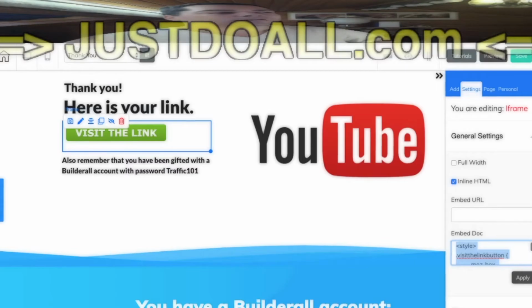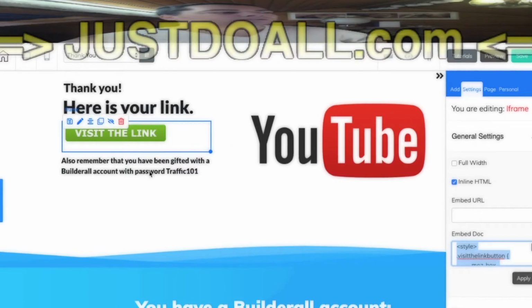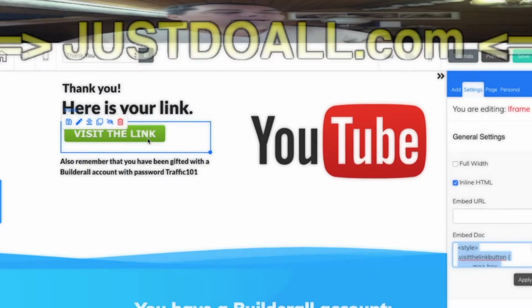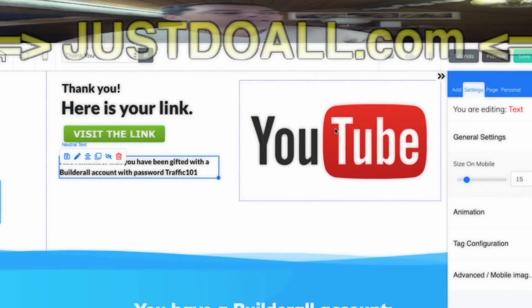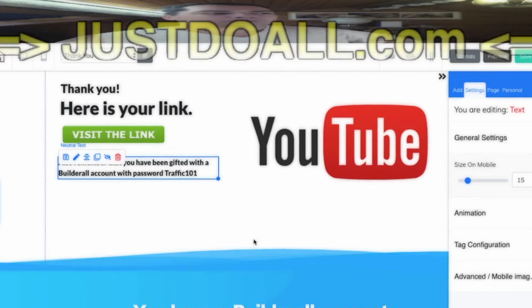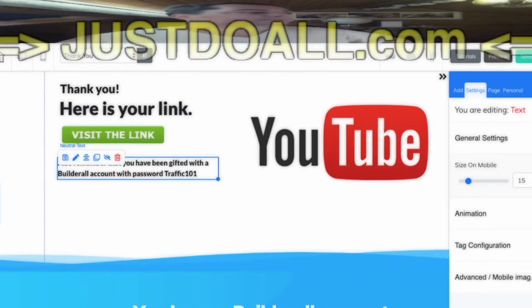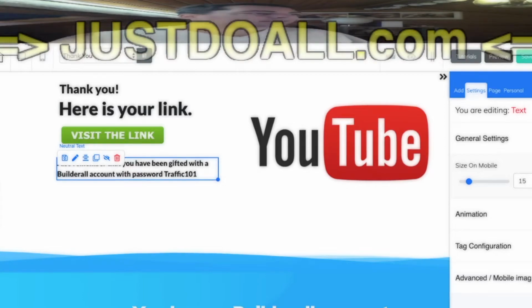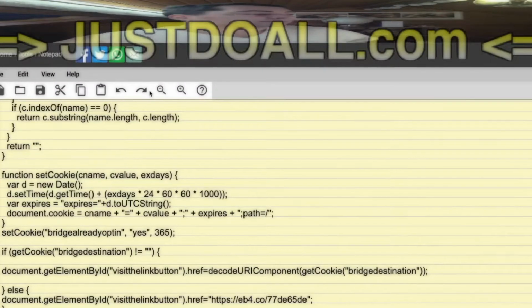In fact, that's all there is to see in this page, because we have all the scripts inside. We don't have anything in the page settings, and here's just a YouTube video, and that's it. All the rest you can manage from the editor. So let's see what it does in the script.